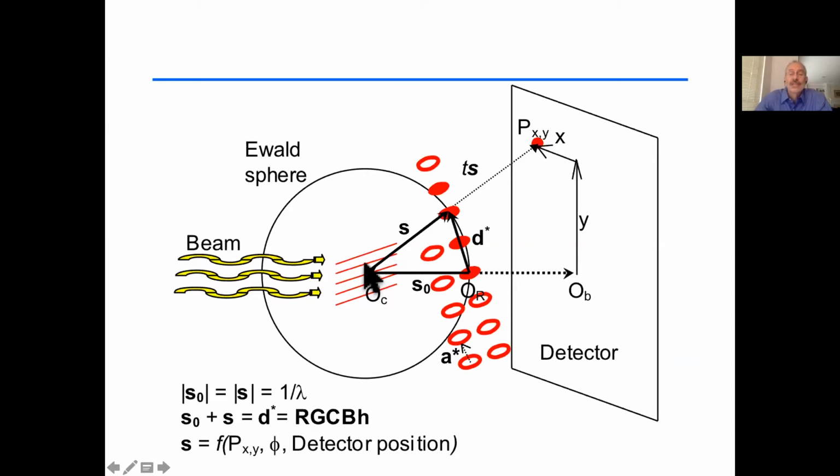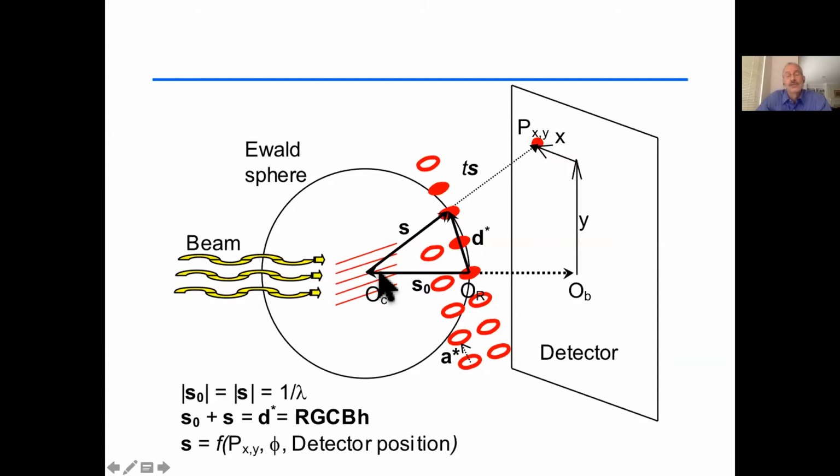So, which is n lambda equals 2d sine theta, where d is the d spacing and theta is the angle between this plane that bisects this angle and is perpendicular to this d star vector. There's a theta here and a theta here. So the angle that the scattered beam wave vector S makes with S0 is 2 theta. This is where the diffraction ray will continue out and hit your detector and arrive at a point xy on the